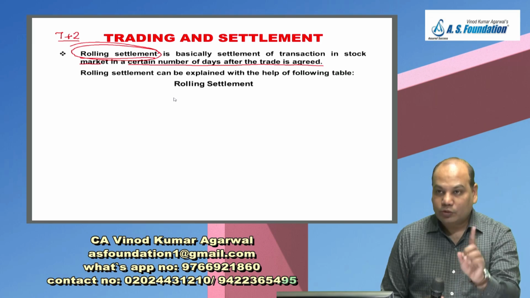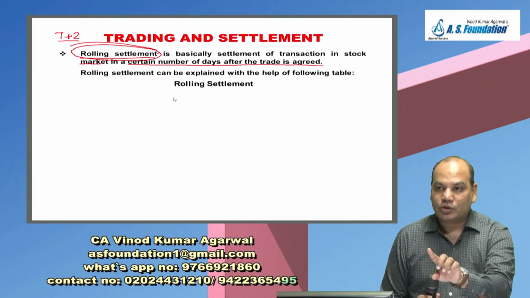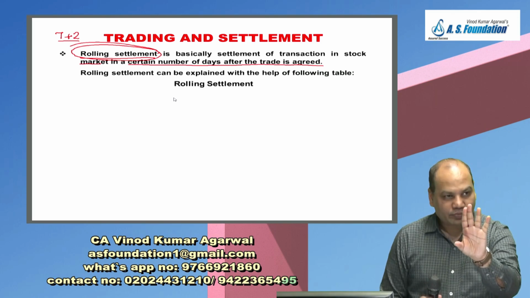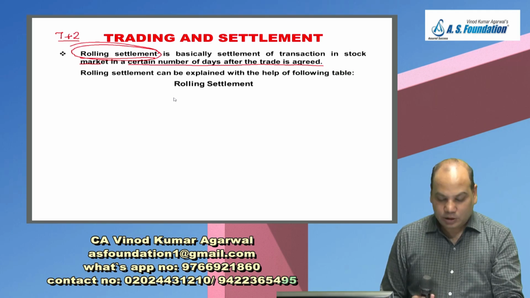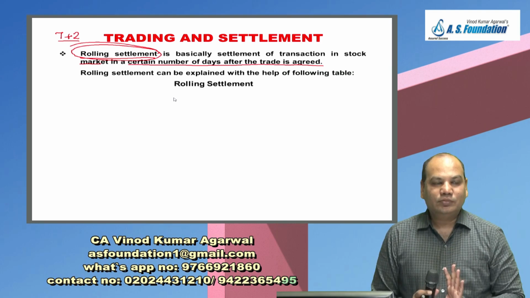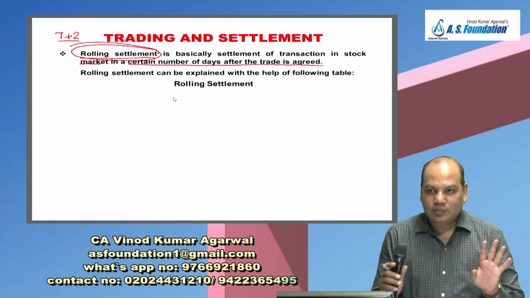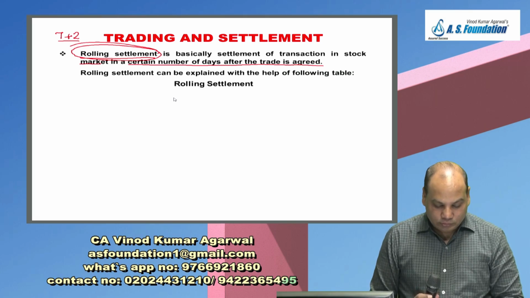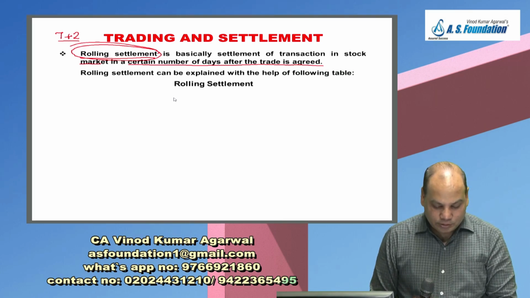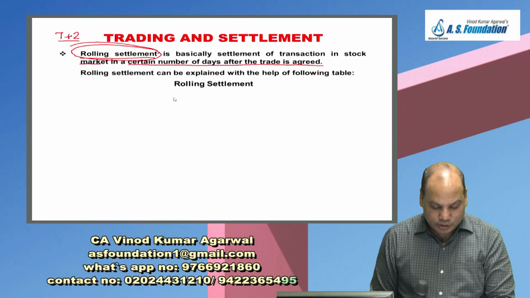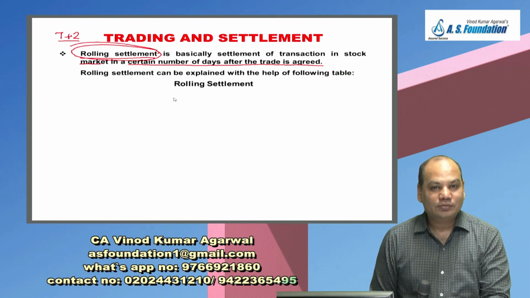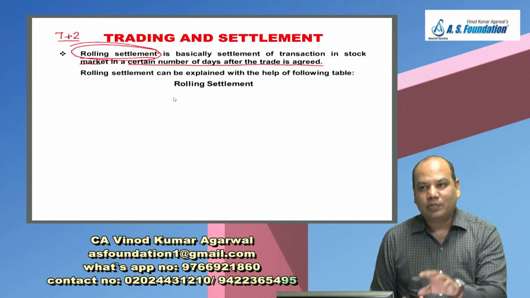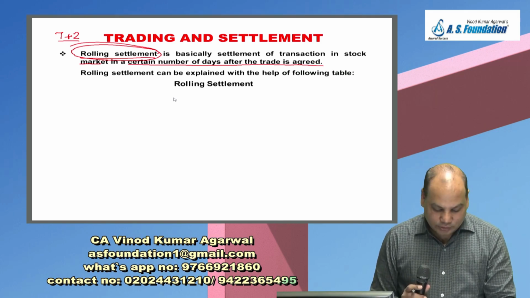And this activity you have to perform on T plus 1 day, means on Tuesday. Suppose we assume Monday is the T day. So Tuesday you have to do it, and that too by 1:30 p.m. By 1:30 p.m. the clearing activity is completed. The respective brokers get the intimation about their obligation, and then settlement, pay in of securities and funds to NSCCL. NSCCL gives payout of securities and funds. So funds and securities are first transferred to NSCCL, and then NSCCL will make payment of funds and the securities.